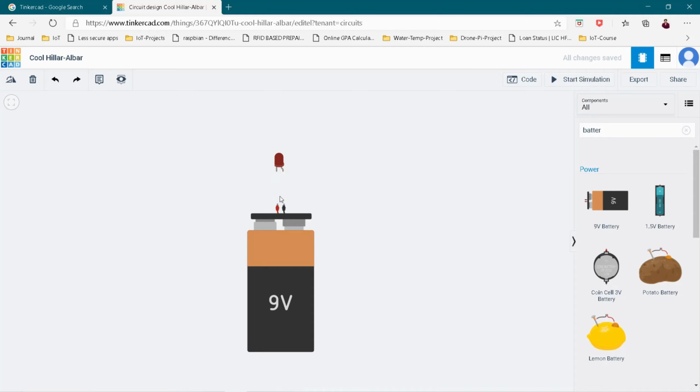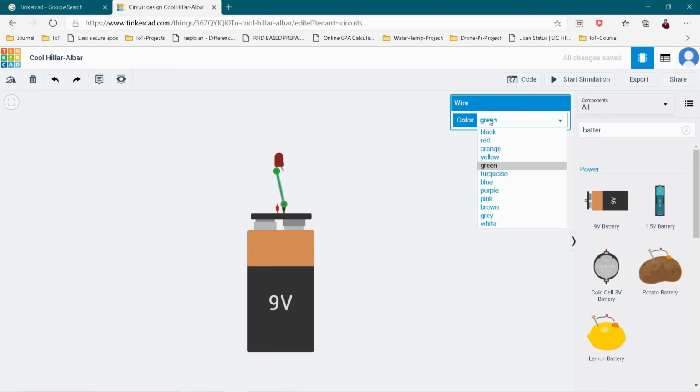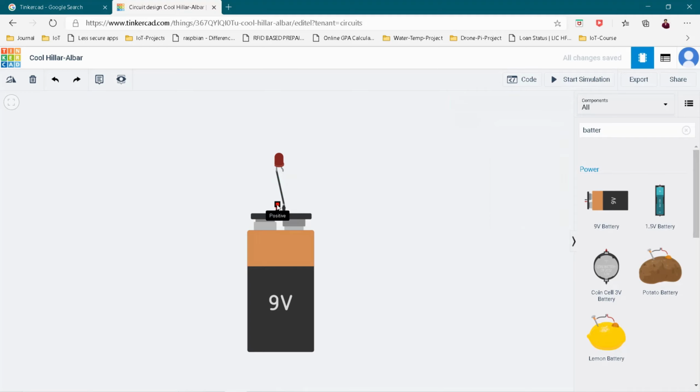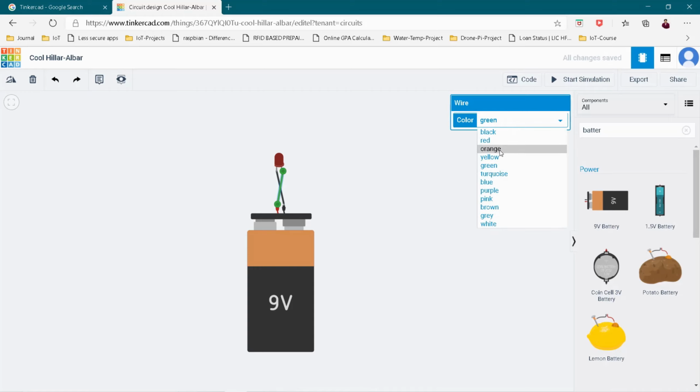So we have to connect negative to negative and positive to positive. So this is negative, just click it, very easy. Connect with the cathode, which is negative for LED, and you can give the color for it. Actually in circuit diagrams, we used to give that negative in black color, so I am using the black color for it. And this is positive pin, so joining that with the anode of the LED. This is always the power cable, so I want to make this in red color.